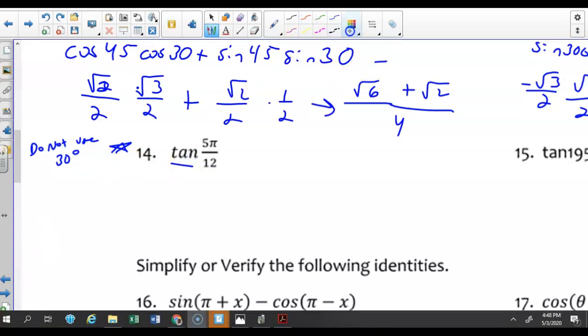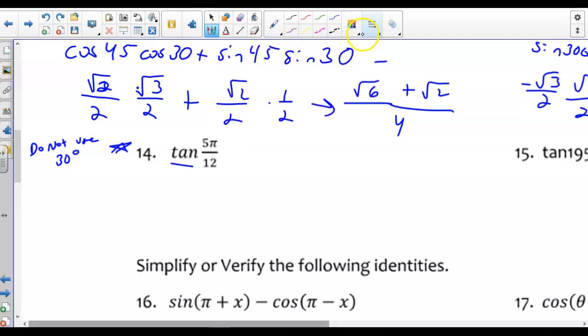All right. So now, since this is 5 pi over 12, we got to convert that by multiplying by 180 over pi. So the pi's cancel. 5 times 180 divided by 12 will give us 75 degrees. So now we need to make 75 degrees. And because we do not want to use 30, I want to use something else. I want to use 120 minus 45. So tan of 120 minus 45 is going to give me